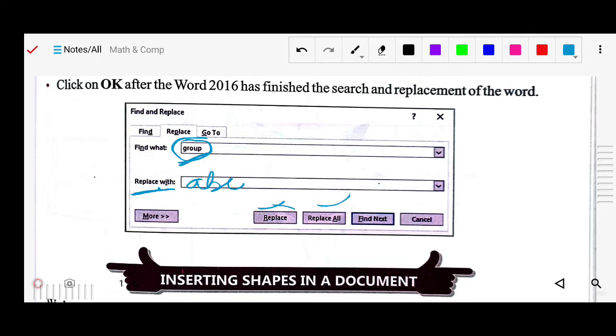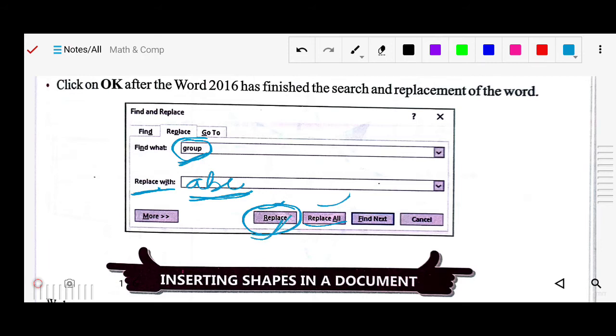If you find Replace, it means one word will be replaced, and Replace All means wherever the word appears in the document, all of it will be replaced by the word you enter, say ABC. Here you can find "Replace with"; enter the name there, and then click on the Replace button.